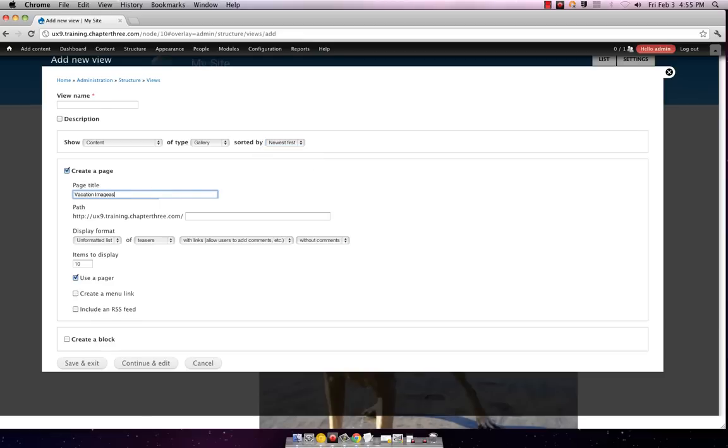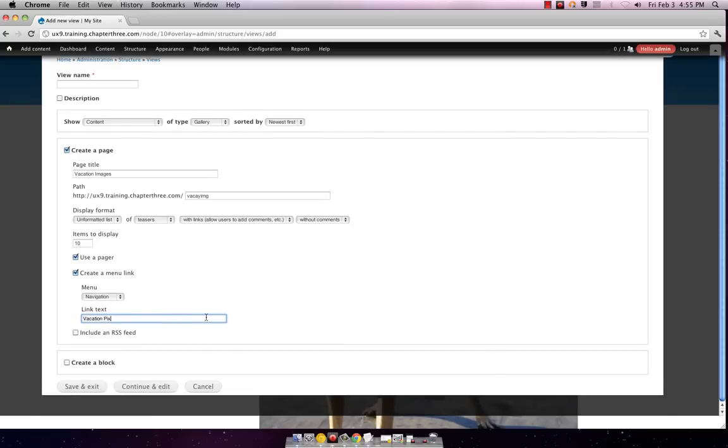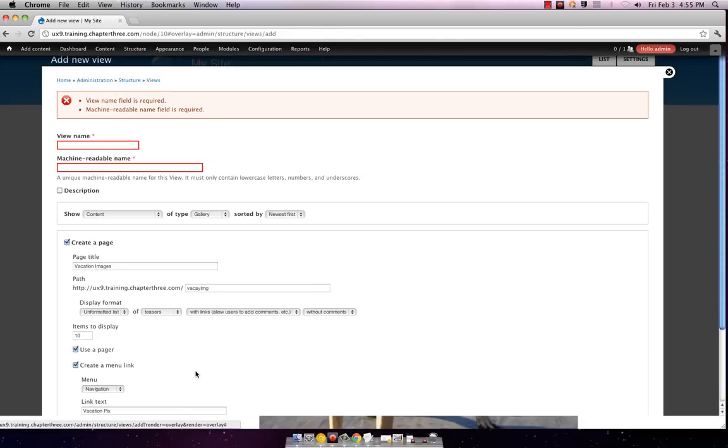vacation images. Okay. Oh, let's make a menu link, and then navigation, link text: Our pics. Okay, so save that. And I forget that every time. View name. Okay, so that's